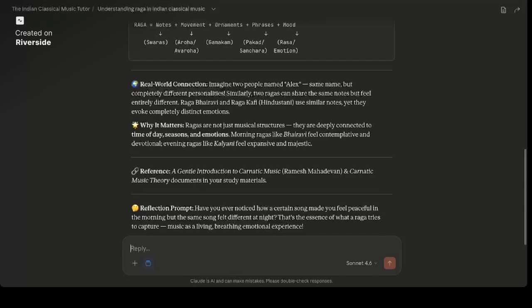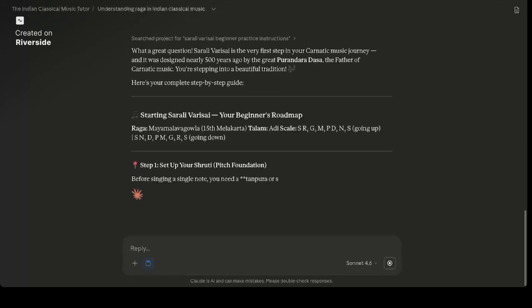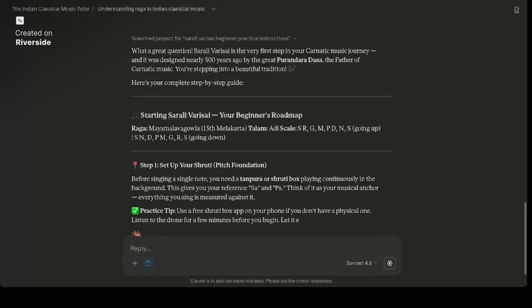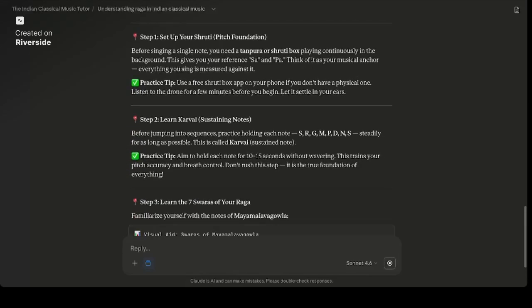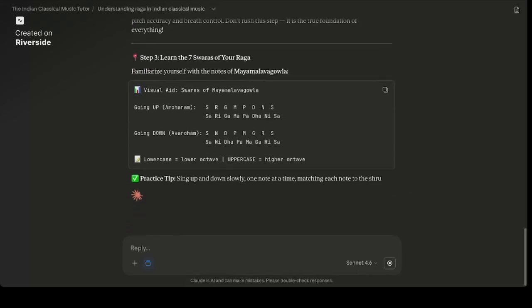Now let's get to function 2, where we ask for a step-by-step guide. Let's start with a question like, how do I start learning Sarali Varisai? She again starts breaking it down. Starting Sarali Varisai, your beginner's roadmap: set up your Shruti, learn Karvai, learn the seven Swaras of your Raga, practice